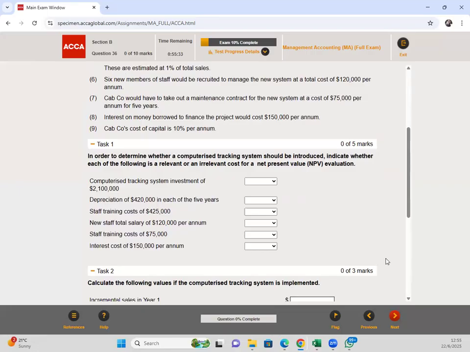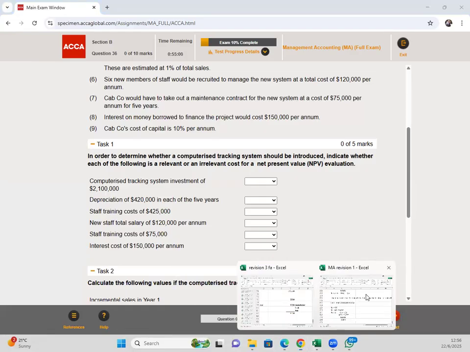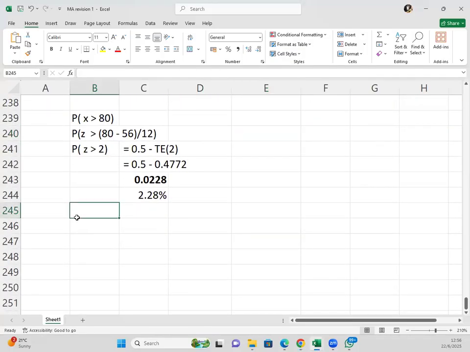Okay, in order to determine whether the computerized tracking system should be introduced, indicate whether each of the following is a relevant or irrelevant cost. So if you are making a decision, there are certain costs that are regarded as being relevant costs, and there are certain costs that are irrelevant. So we have relevant costs and we have those that are irrelevant for decision making. So for a cost to be regarded as a relevant cost,